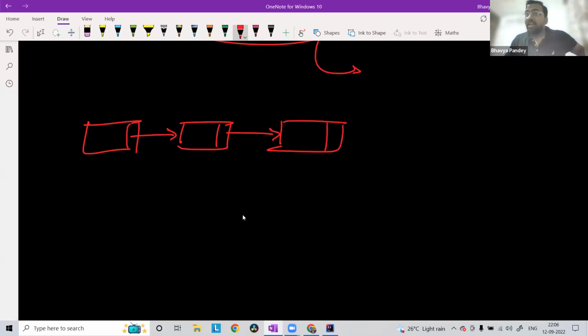Okay, this is my linked list. Now what I want is, I want to print it, right? So first I did temp is equal to head. So my temp is actually pointing here, right? What did I say? Print